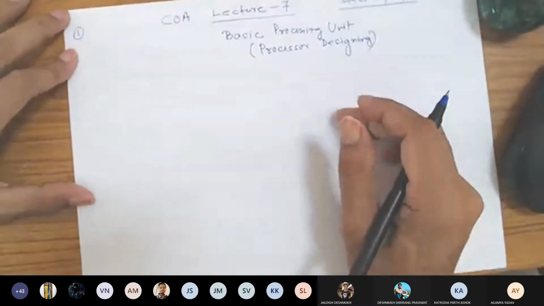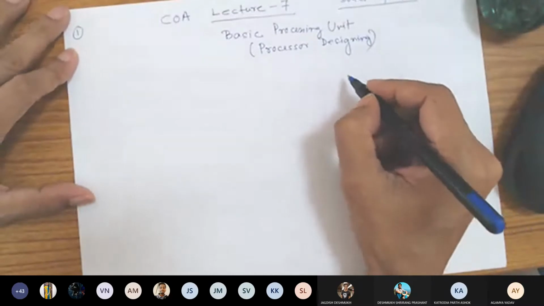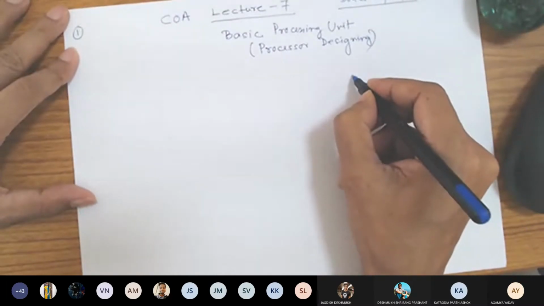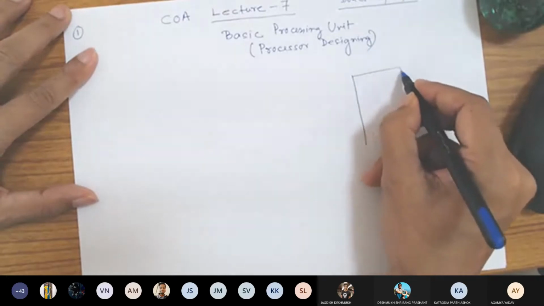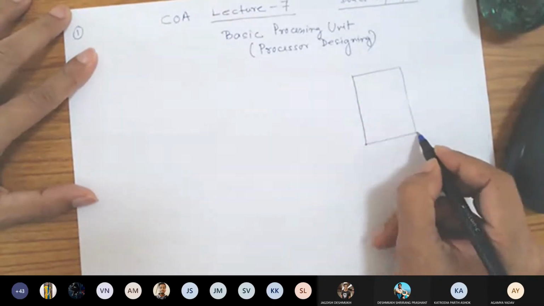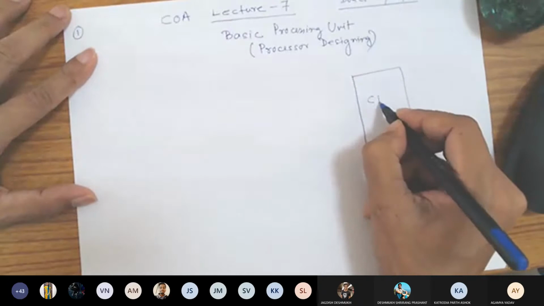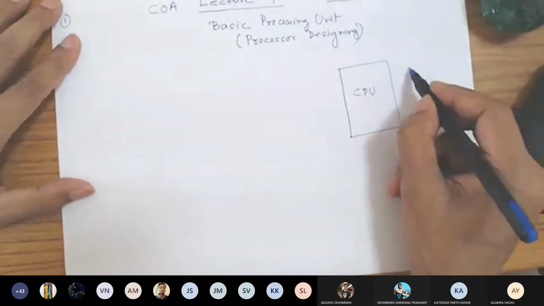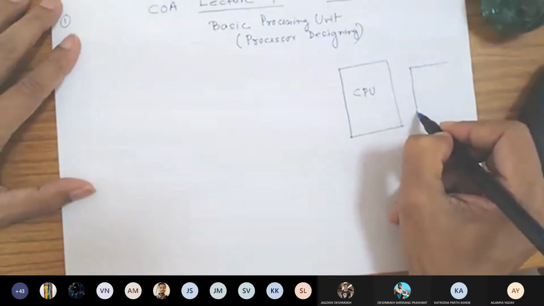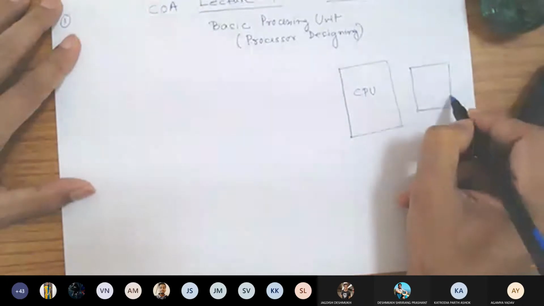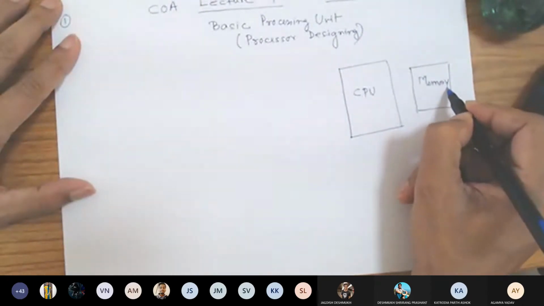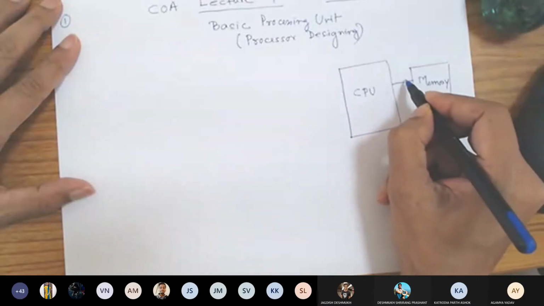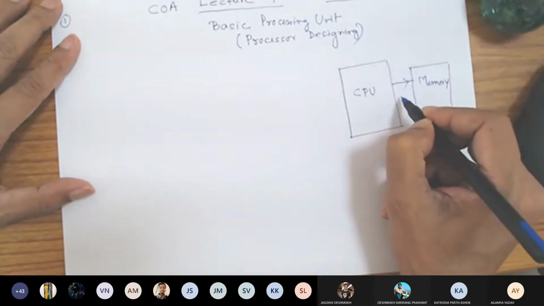So the high level organization is like this, that we have looked into. This is the CPU, and this is memory, and we have address and data.